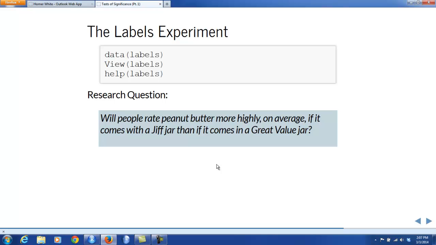And people generally know that Jif is the more expensive brand. Each person in the experiment was asked to take a taste from each of the jars of peanut butter and to give a rating of quality ranging from 1 to 10 for each peanut butter, where 10 is the highest quality. And remember that what the subjects didn't know is that both jars contained exactly the same peanut butter. It was the Great Value peanut butter. So hopefully any differences in their ratings were due to their perceptions about the labels rather than to differences between